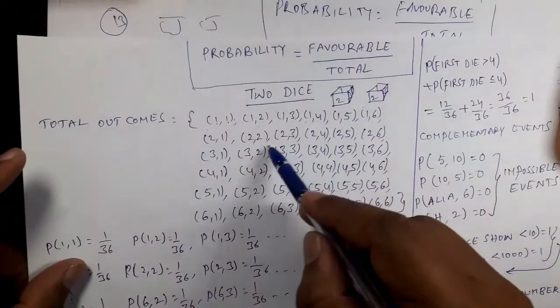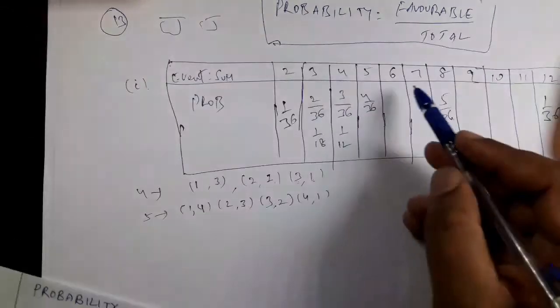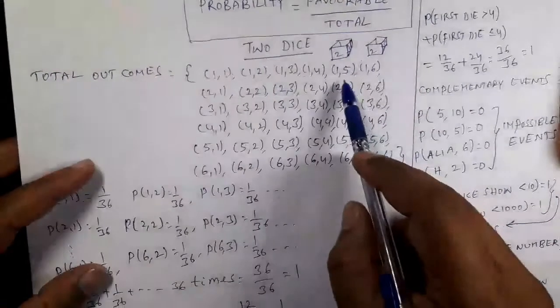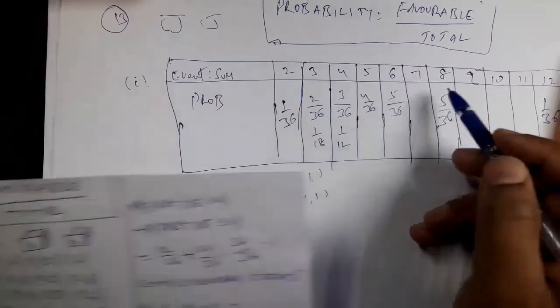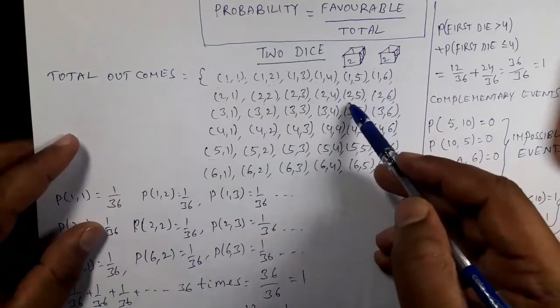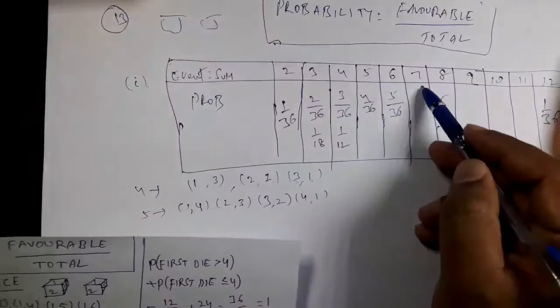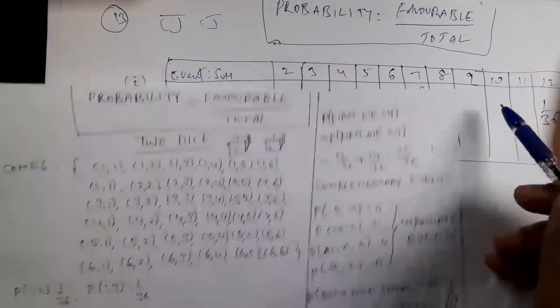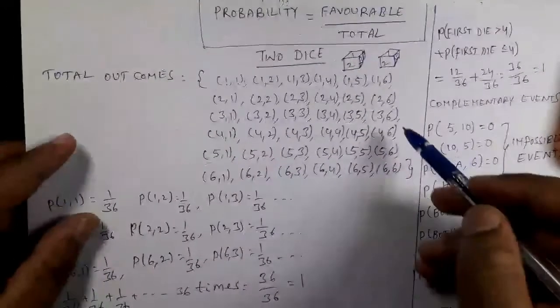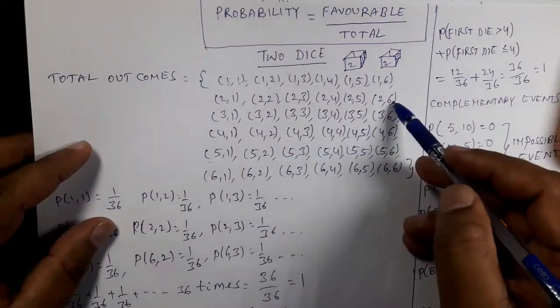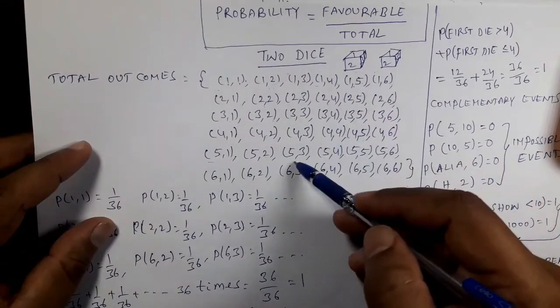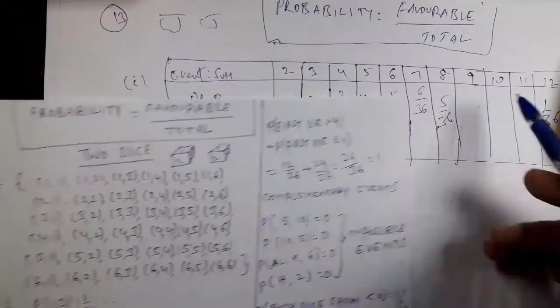Of course, in the same way, these will give you sum 6, that is 5 in number, right? 1, 2, 3, 4, 5. That is 5 by 36. Sum 7, you see this: 1,6; 2,5; 3,4, and so on. 1, 2, 3, 4, 5, 6. 6 favorable, 6 by 36. In the same way, see 2,6; 3,5, and so on. Sum 8: 4 plus 4, 8; 5 plus 3, 8. 1, 2, 3, 4, 5. See, 5 by 36.